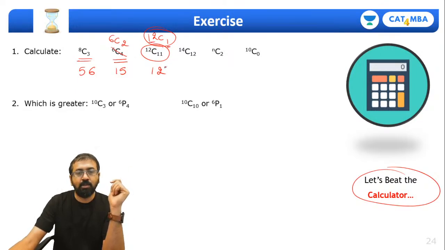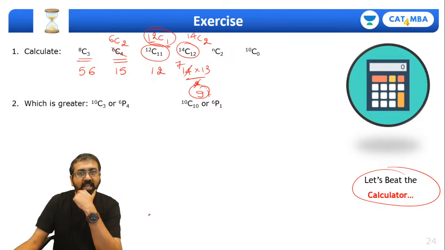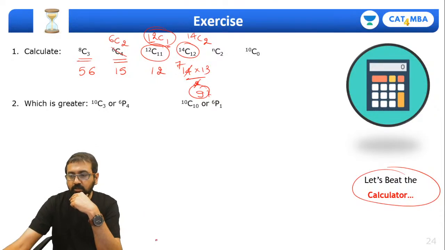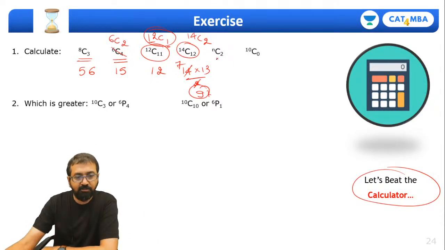12 को एक step पीछे लिखो. That's it. It's 12. 14C12. So it's equal to 14C2. Now what is 14C2? It's 14 into 13 divide by 2 factorial. 2 cancel करो. 7 आ जाएगा. 13 sevens are 91. Can we do it this way, everyone? So quickly do it. Yeah, great. Fast. You know, to really be fast.